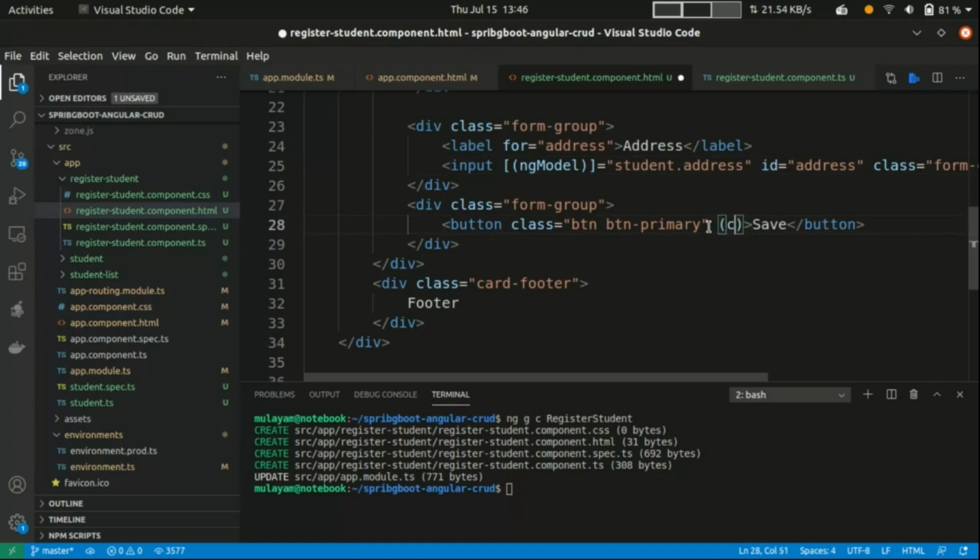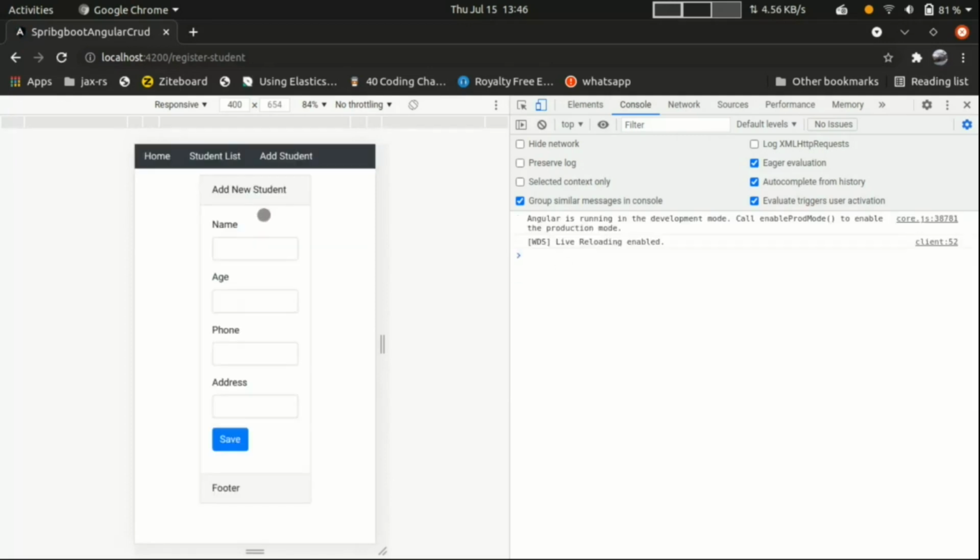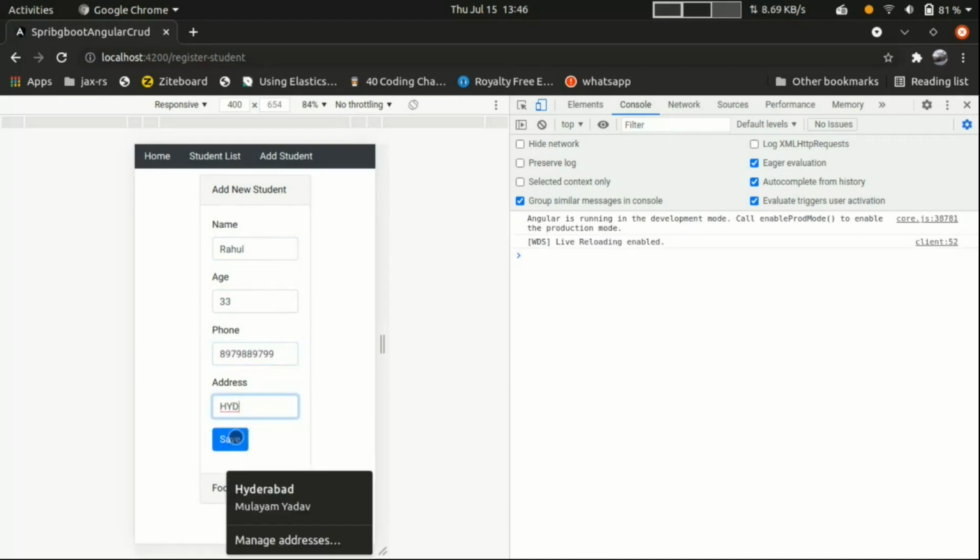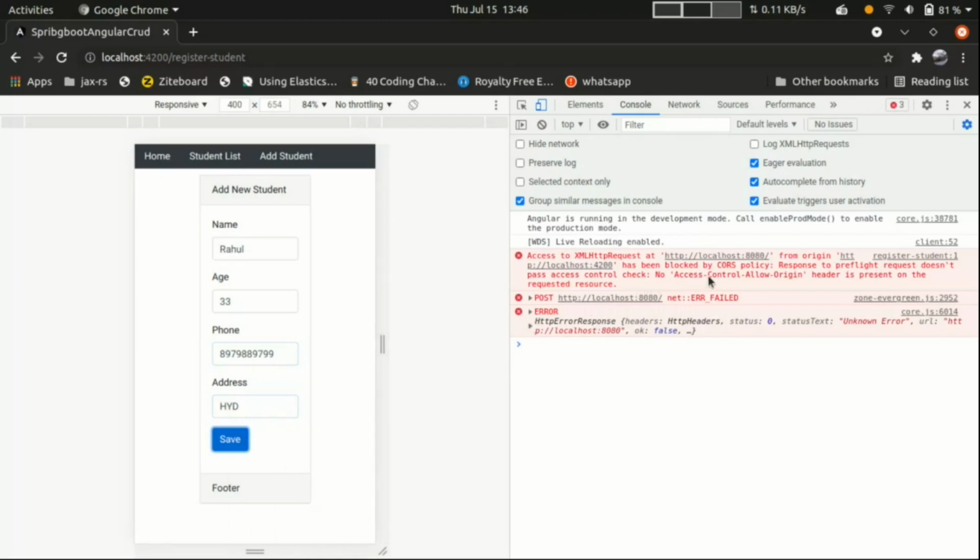So just add one click event here: click equal to saveStudent. This is a function, so it will be called now. Now entered again. Click on the save button. So we are seeing some error here.